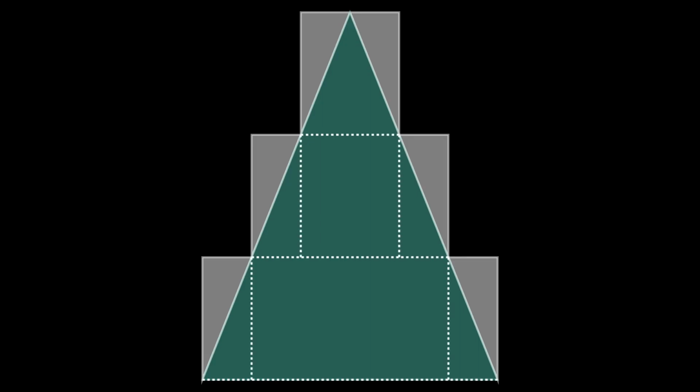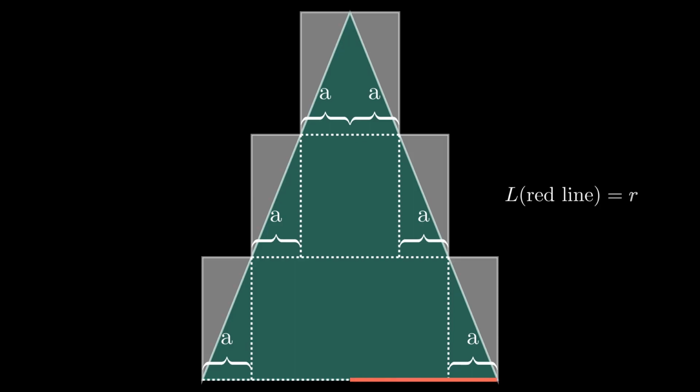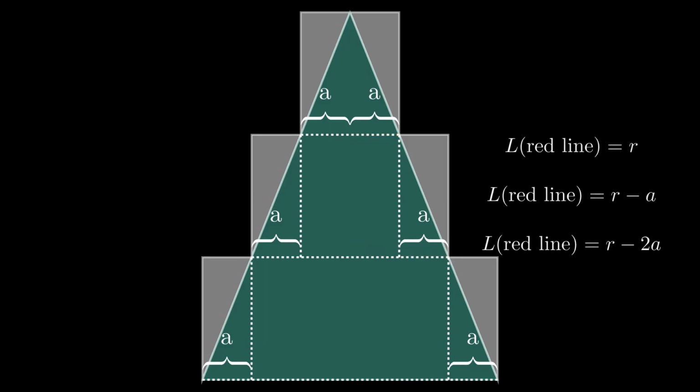Next, let's draw the base diameter of each cylinder and also draw perpendiculars from these corners. It can be clearly seen that these values, let them be a, are equal and can be proved using AAS congruency of the triangles they are part of. Let this red line represent the base radius of each cylinder. So, for the first cylinder, it is r. For the second cylinder, it is r minus a. For the third cylinder, it is r minus 2a, and so on. Therefore, each radius is decreased by a succeeding amount of a's.